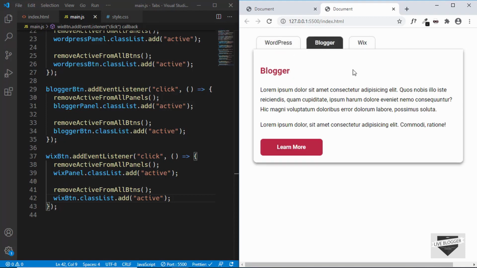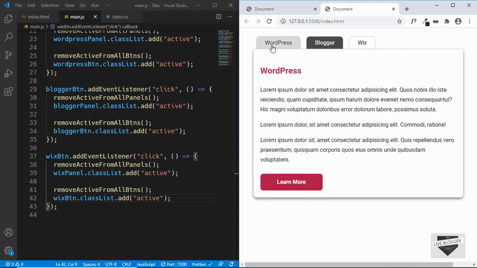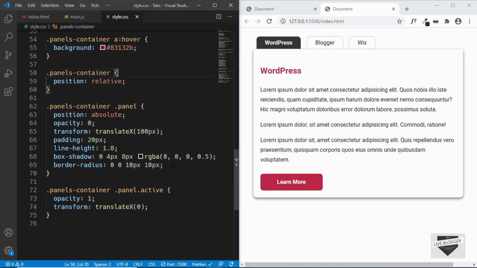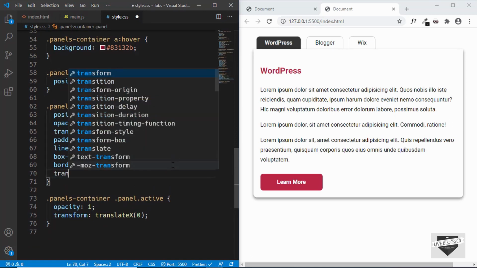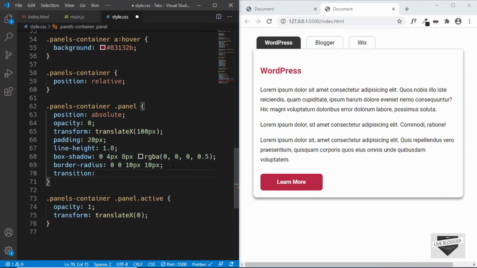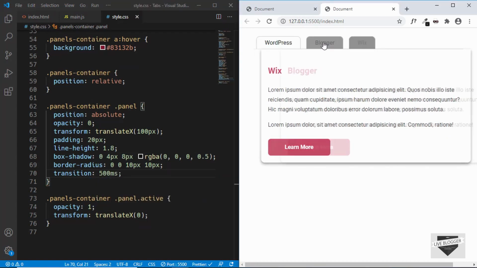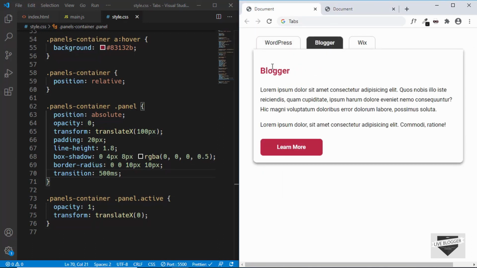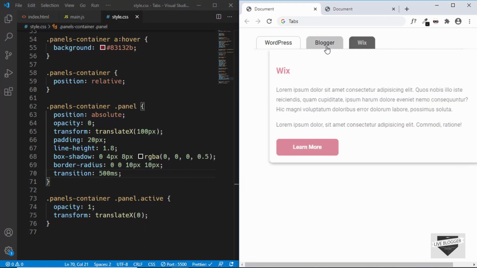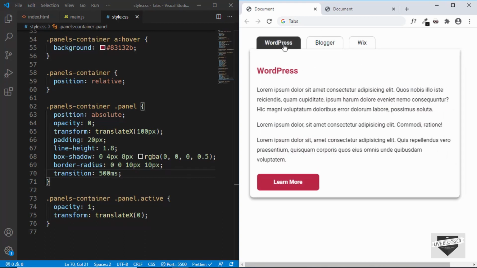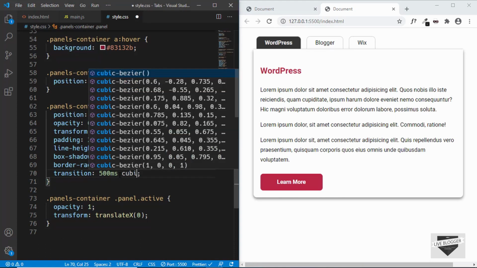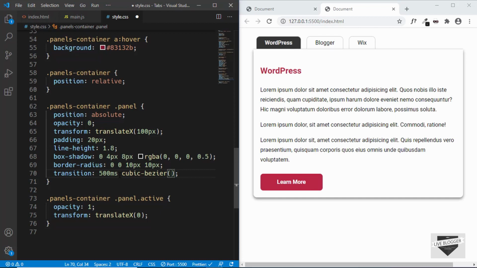Now when we click on any of these buttons, we also want the animation to happen. Let's go to the style.css, and here we will add a transition. So I'll type transition, and we'll set the transition to 500 milliseconds. So now we can see that the animation is working. But if you go to the original design, we have some bouncing effect over here as well. So for that you can use a cubic Bezier. So let's go over here, and for the timing function we'll just type cubic Bezier, and this is the value that I came up with,